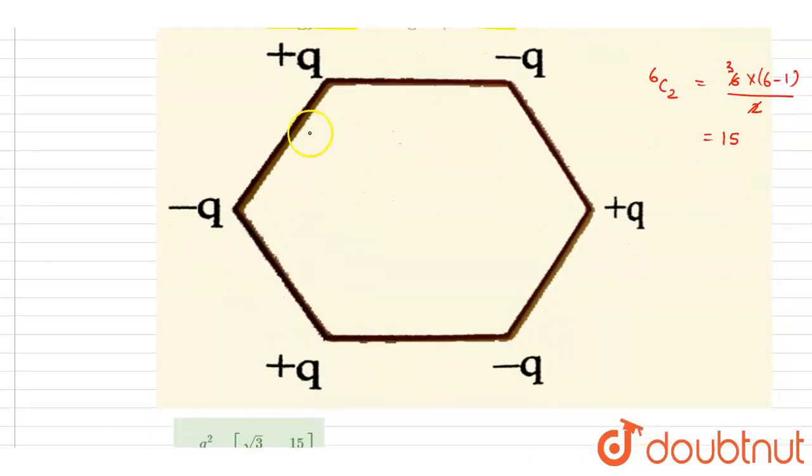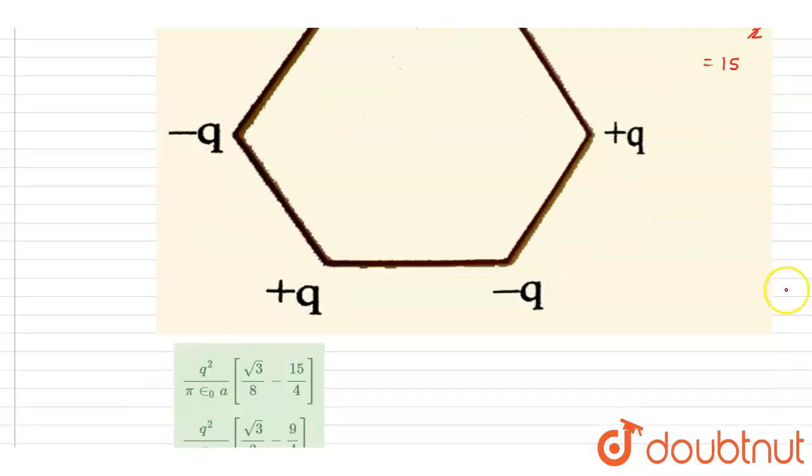Right now you are able to see 6 pairs, we can already see adjacent charges. They are made up of adjacent charges. Each adjacent charge has opposite polarity, plus minus. So because of the adjacent ones, if I write down the potential energy, it will be 6 into K, plus minus so Q square with a negative sign, side length is A. So it is minus 6 KQ square by A.